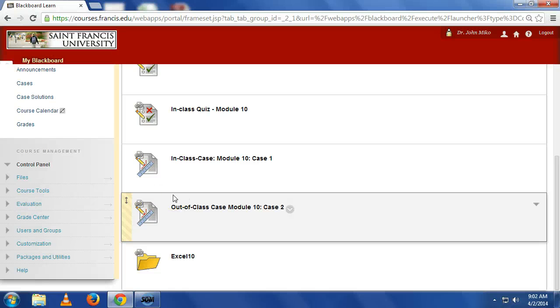Okay, so today we're going to move into Module 10. And Module 10, I think, has a bunch of neat stuff, okay? Because in Module 10, we're talking about doing what-if analysis. And that's one of the beautiful things about a spreadsheet, is that you change one value and everything automatically gets